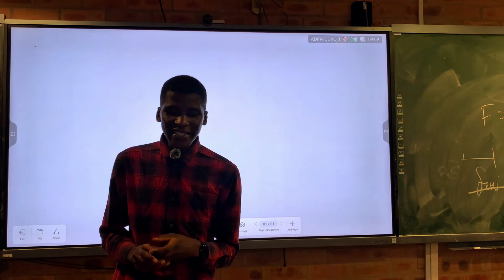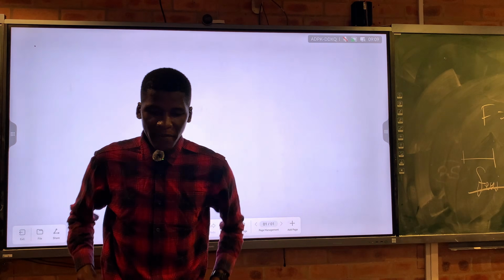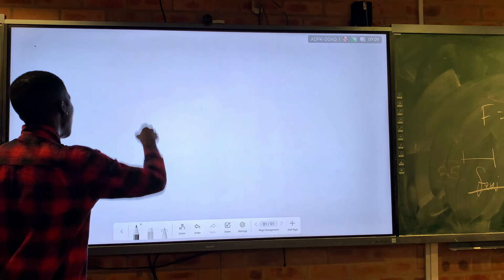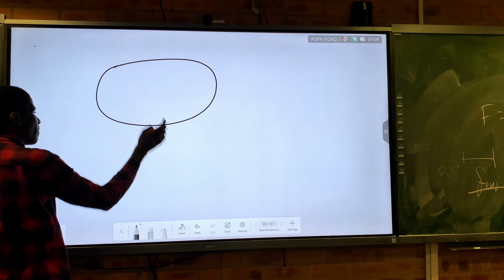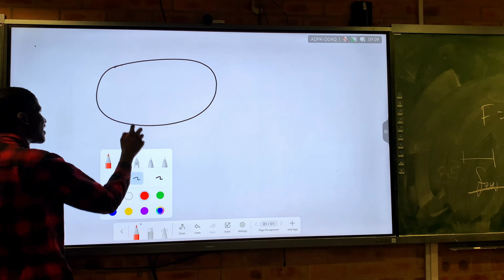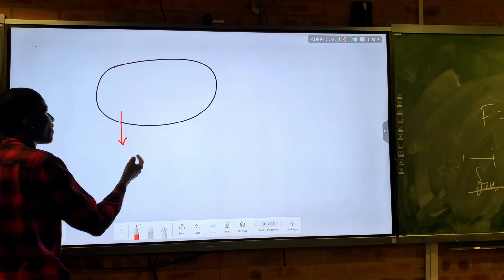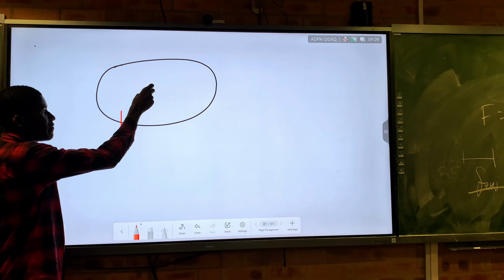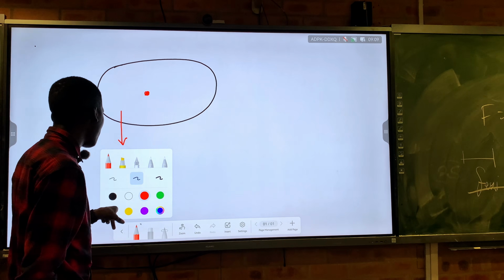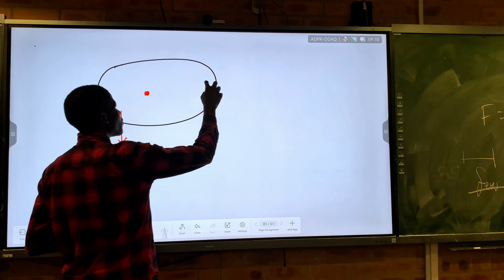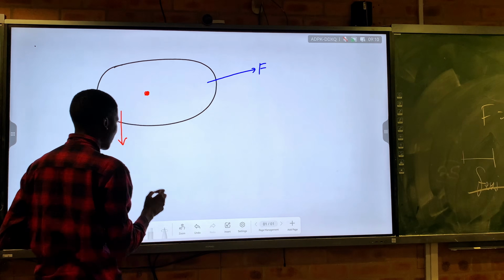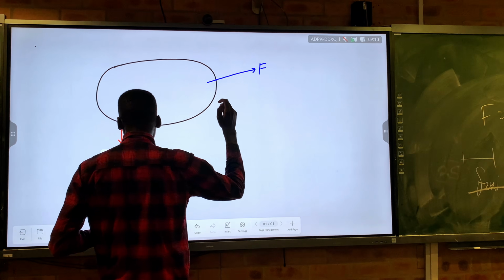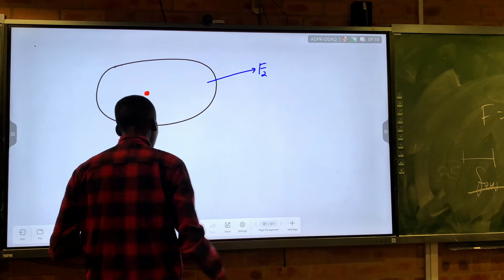All right, so we can also do quite a couple of calculations if we have multiple forces acting on an object. Say I have my object, and then I apply multiple forces to it. Let's just say the object is hinged here at the center. Maybe it's a circle and you fix it here at the center. And then I apply a force here, and I also apply a force here, right? So I'm going to have two forces, force 1 and force 2.